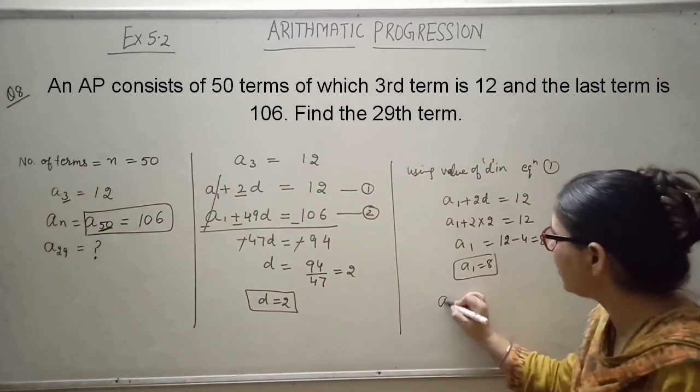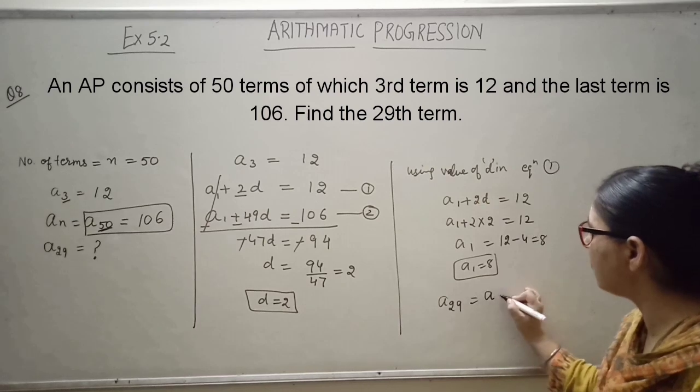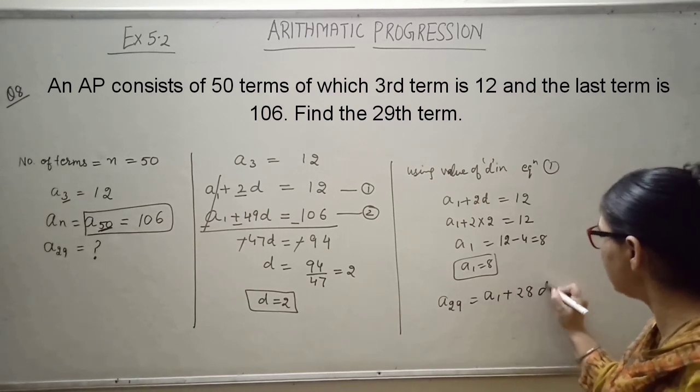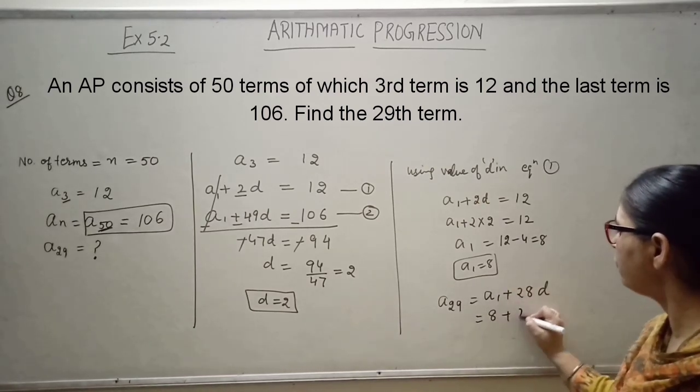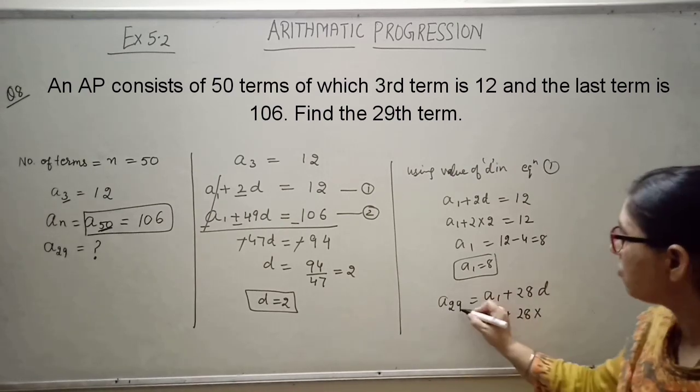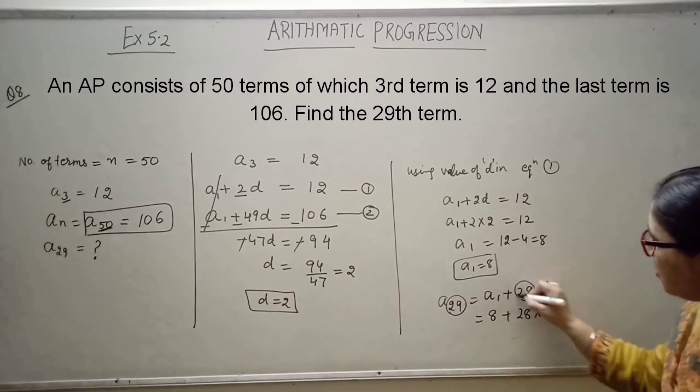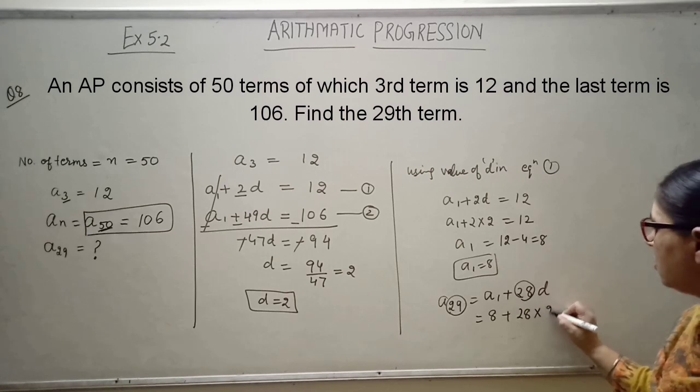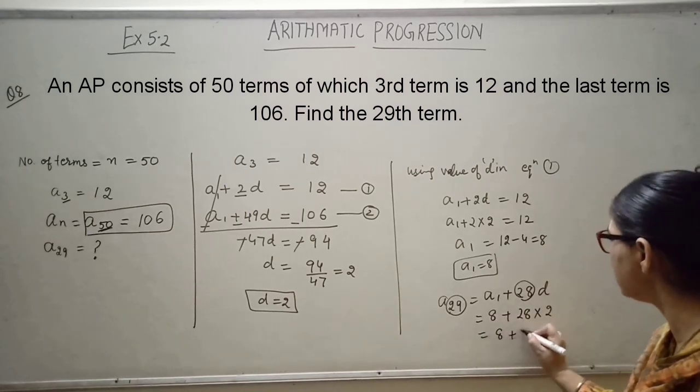What is the value of A29? That is equal to A1 plus 28D. Now put the values. Because 29 was there, 28D is written, and D is your 2. So this is 8 plus 56,